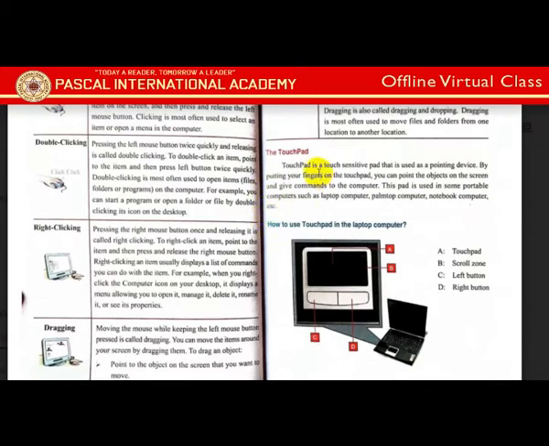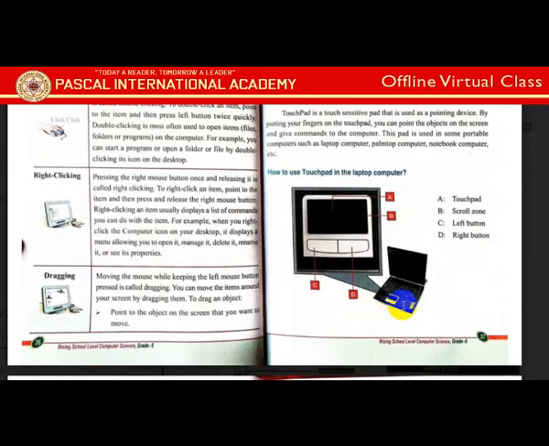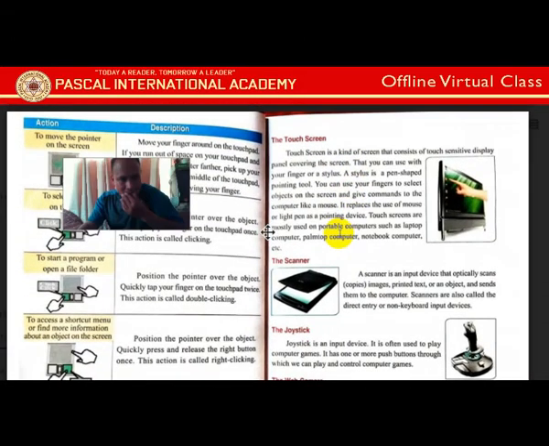Another is the touchpad. Touchpad is normally on the laptop. You can see in a laptop there is no mouse, so that's why there will be a touchpad. It works exactly like a mouse. See in the picture, there's a laptop touchpad with A, B, C, D. A is the touchpad, the main pad. B is the scroll, at the right side there will be a scroll, C is the left click, and D is the right click. It's especially for the laptop.